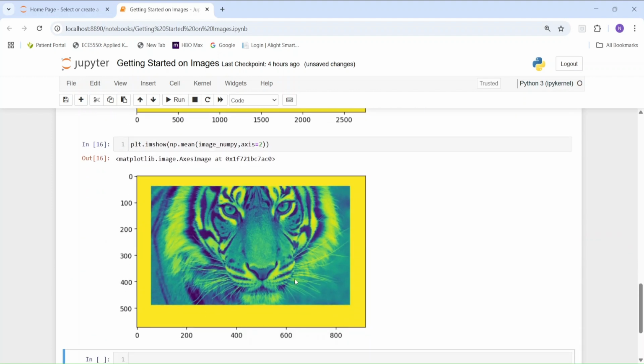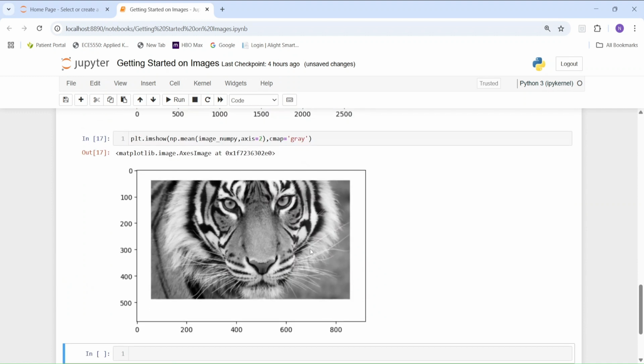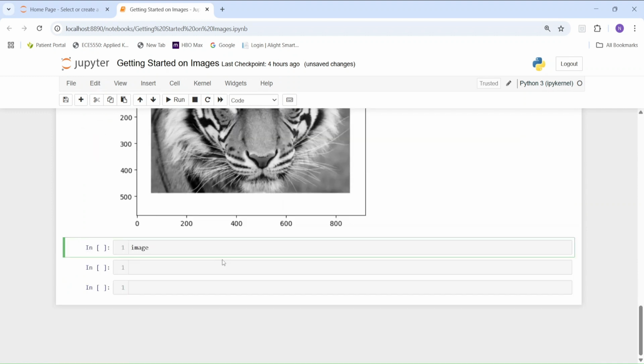Okay, you see it's not gray, but it should be gray, right? Because we're taking the mean of it. The reason it's not gray is because I have to say that the color mapping we want is gray, okay. So if you have that, then it's going to show up as gray, okay. We can convert an image into a gray image in a different way as well. So image gray is equal to